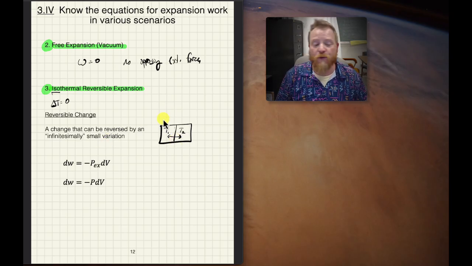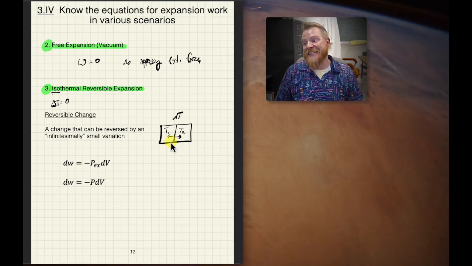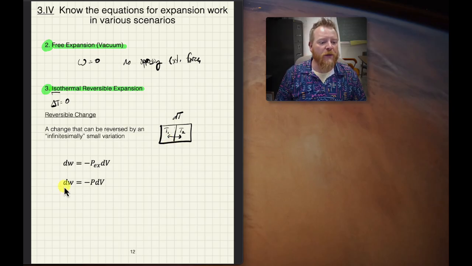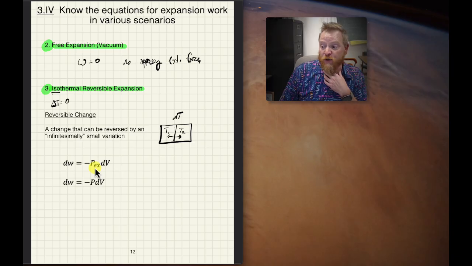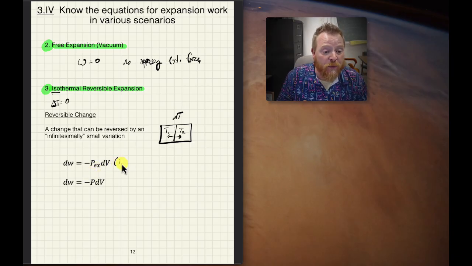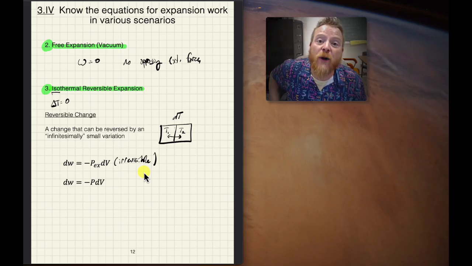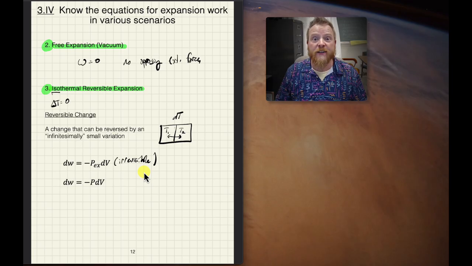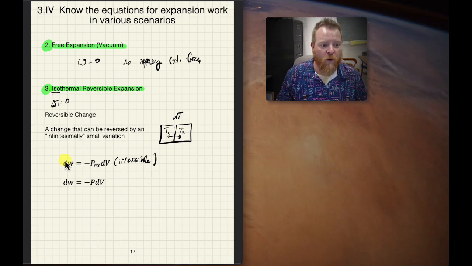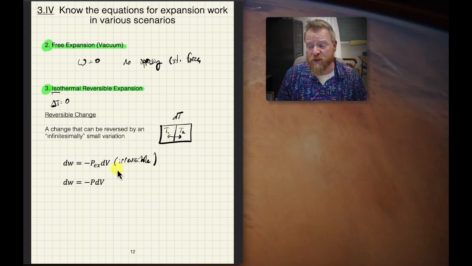So this will be reversible by some amount dt. Okay. So now when we think about how that relates to our expansion work, when we have something expanding against a constant external pressure, that is irreversible. And it is irreversible because with that pressure being constant, it's not changing at all to enact the reverse change, right? So this thing that we just worked out with constant external pressure is irreversible.